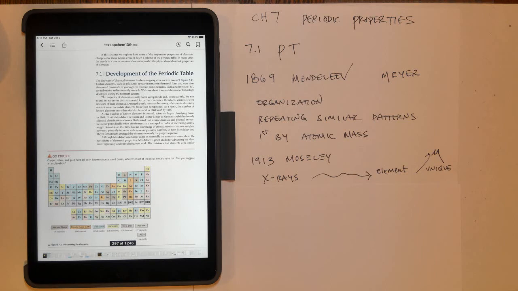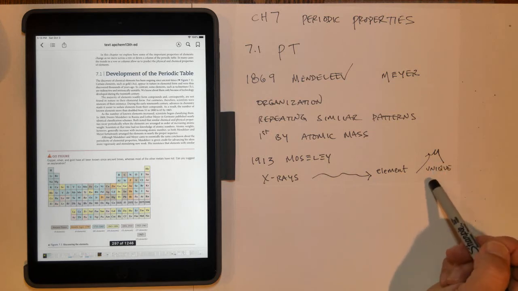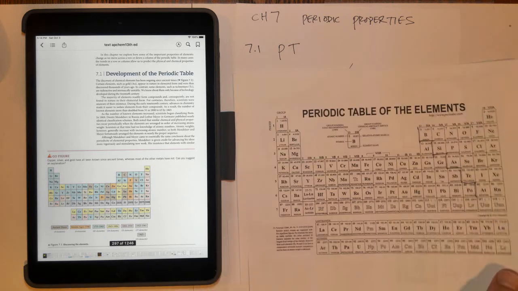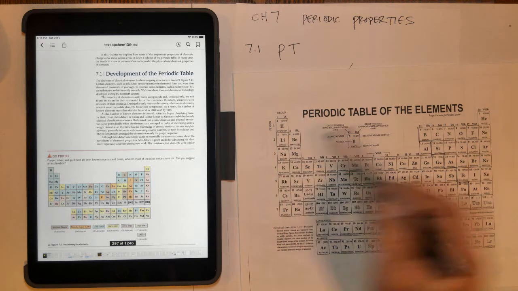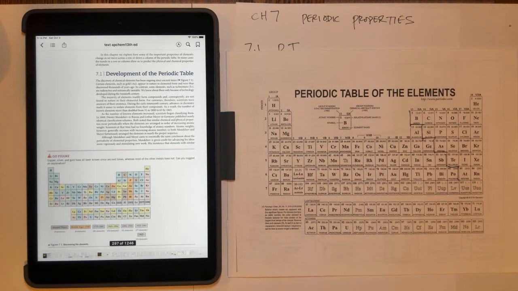Henry Moseley came along in 1913, and he x-rayed a bunch of elements, and he found out that they gave off a unique frequency when they were blasted with x-rays. And this then allowed him to start to assign atomic numbers, or organize the periodic table by atomic number, and that leads us to the periodic table that we have today, which is organized by atomic number 1, 2, 3, 4, 5, 6. So let's finish this first video just by going to the periodic table and making sure that